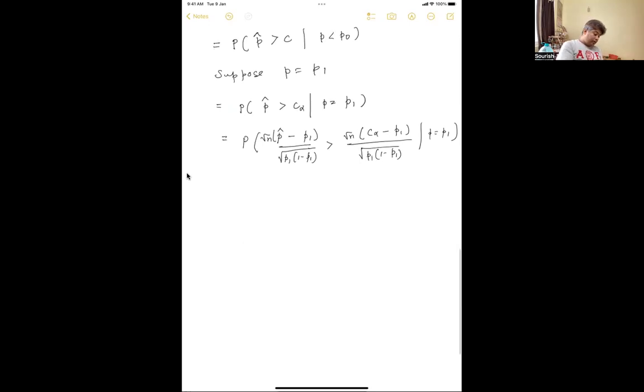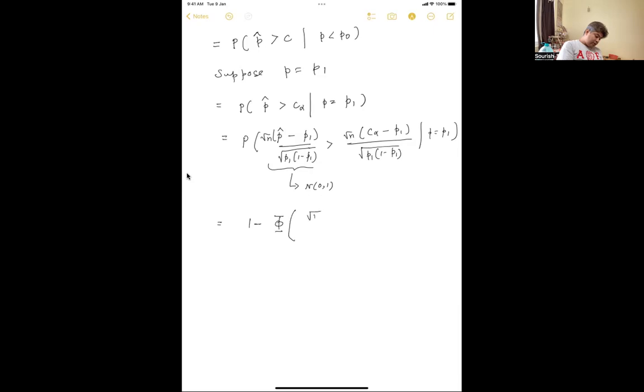Okay. This is definitely following a normal distribution with mean 0, standard deviation 1. Because we know P hat follows some distribution, under the null hypothesis we can say this is following normal 0, 1. So essentially, we can compute from simple normal 0, 1, if it is 1 minus capital Phi of